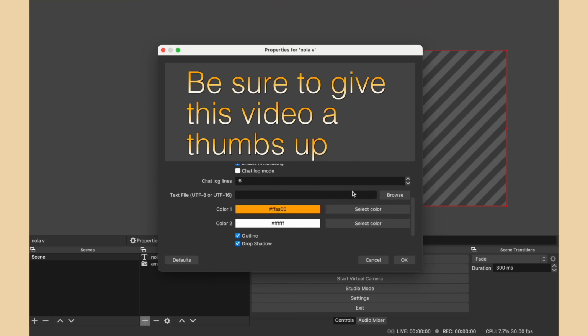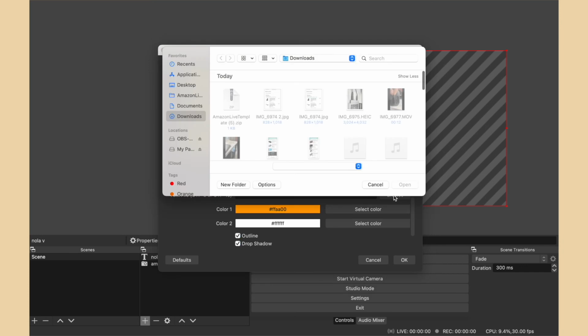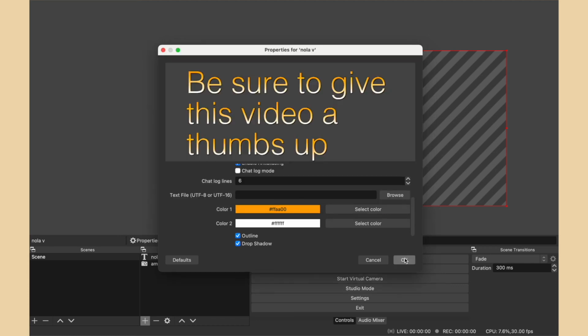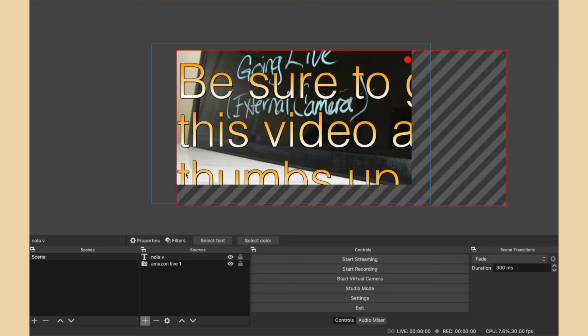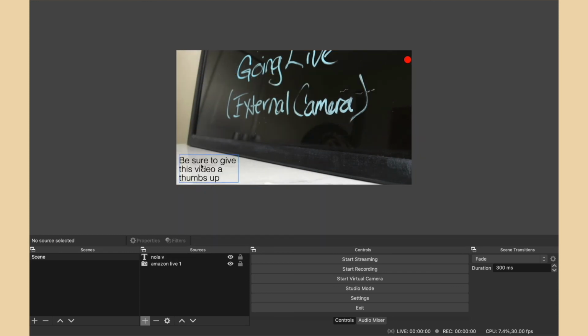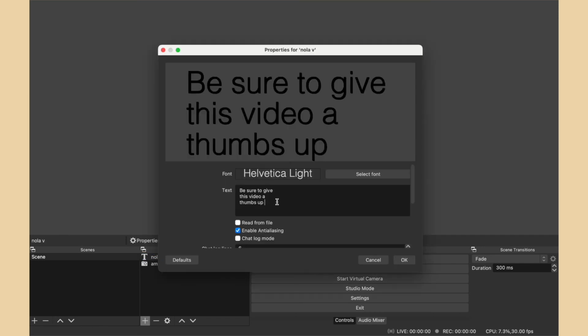So here's where you can basically customize the text that they have for you. Or you can actually press browse, and if you have your own text, you can go ahead and add that here. So then I'm going to go ahead and press OK. And as you can see, it is now on the actual screen. So I changed this to black. So say you want to change the text or the colors or the font, just go down here to the box, tap on it,